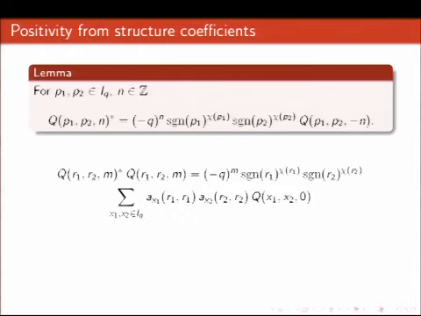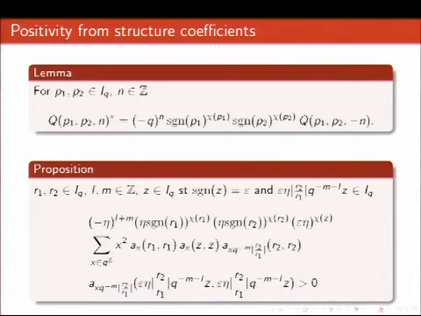So if I do this, then of course I get this identity by specializing this product formula, this structure coefficient formula. I get it of this type. And of course then the nice thing is that the left-hand side is a positive operator, and this positive operator will give me the greater than 0 part. So what I then get is, by doing the same calculation, if you like, you get that this sum is always positive. So this gives you a positive result,